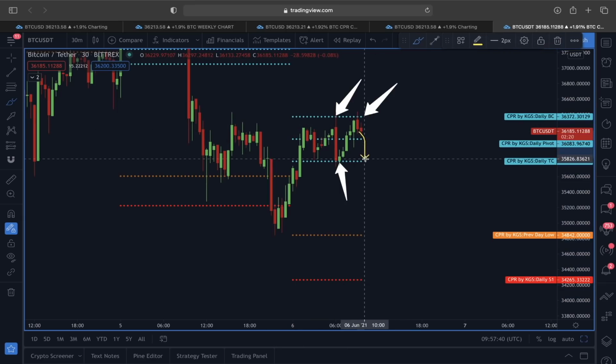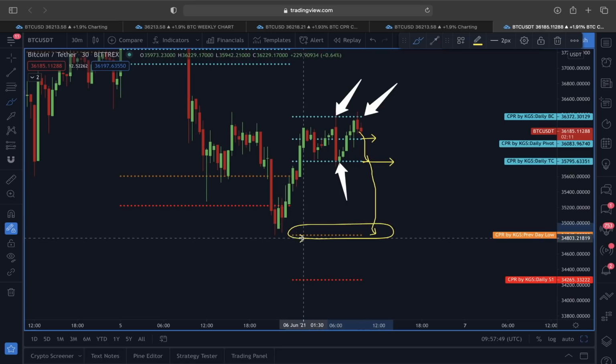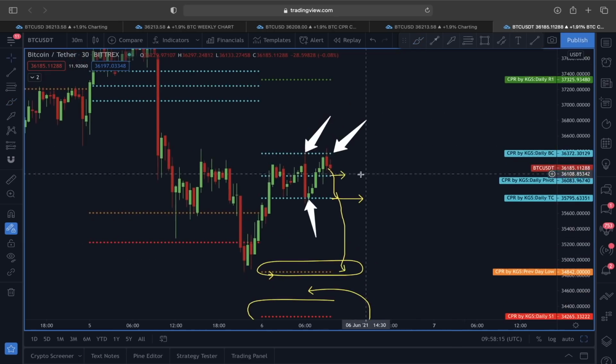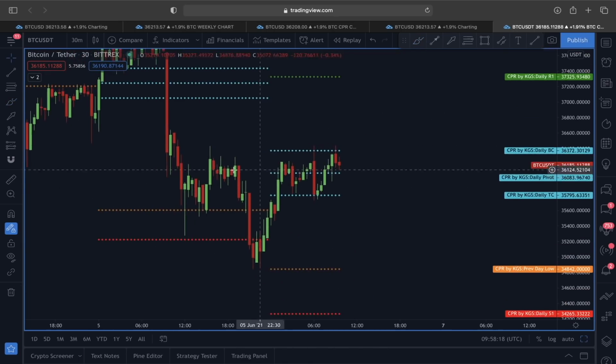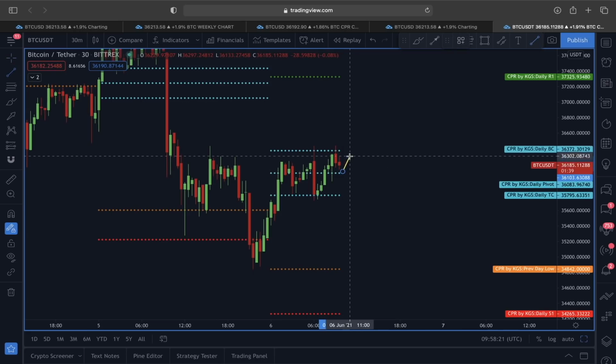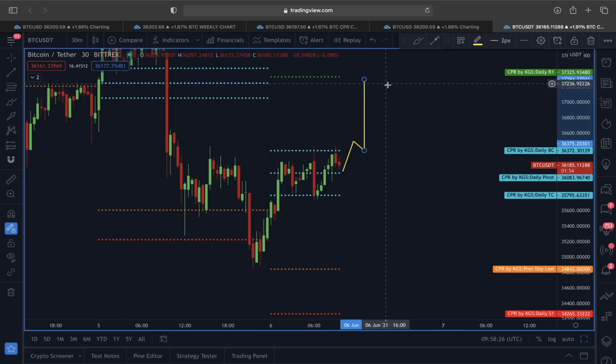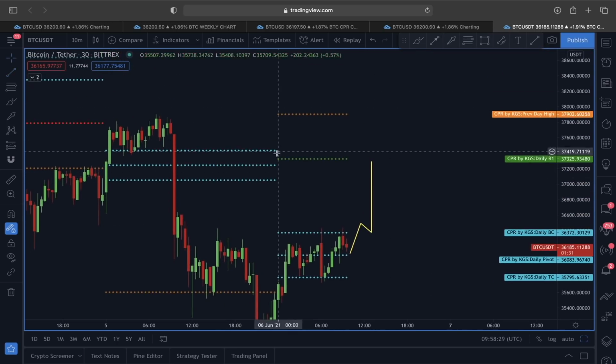If both the supports here, the central CPI and also the bottom CPI, are not going to hold the price anymore, then I will be expecting another pullback that could bring us around 34,842, and also the daily support line, which is the next possible downward target for today, and that is going to be 34,265. But if we find a proper support here, and the price breaks out of this top CPI line and finds support over it, then we are going to focus on the upward price target. And according to this daily CPI, the upward price target is 37,325, and also this orange line that is sitting around